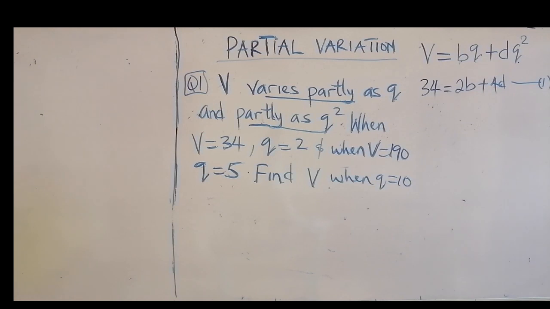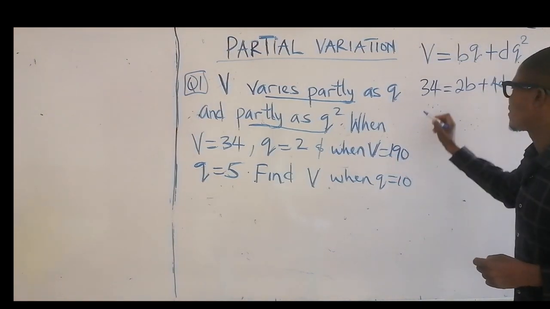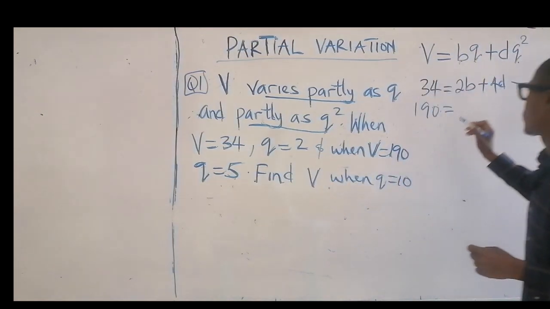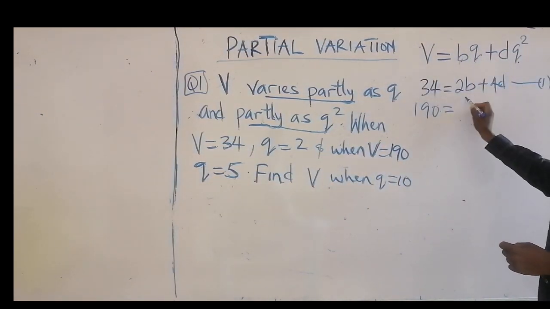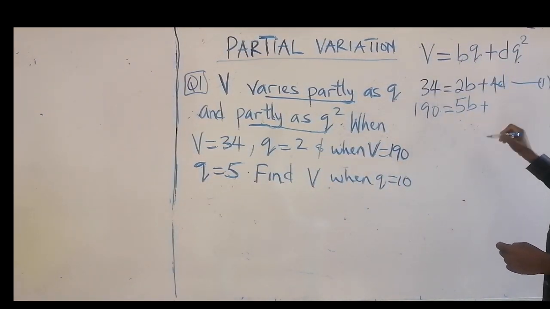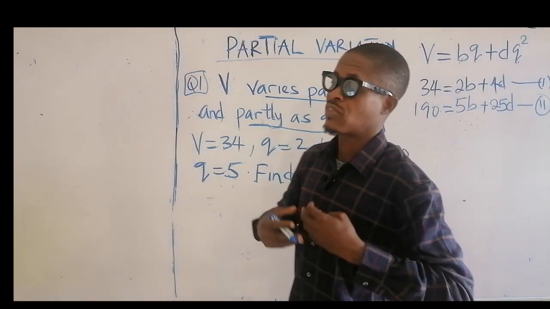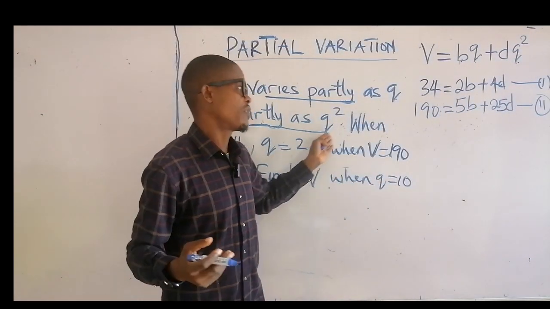Equation 1. Then we go to the next one, and when v is 190, q is 5. So I'm going to have 5 times b, 5b plus 5 squared, that's 25d, equal to 2. And I've said at the beginning, at the introduction, that the only way you can solve a partial